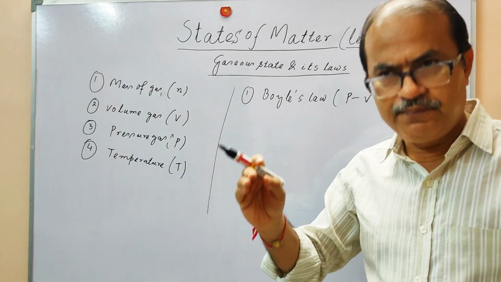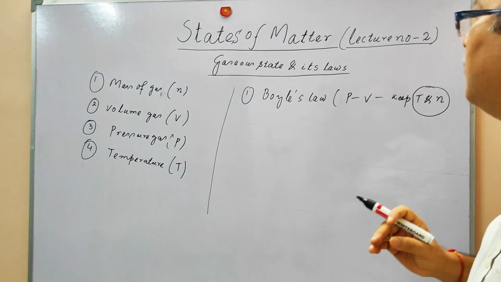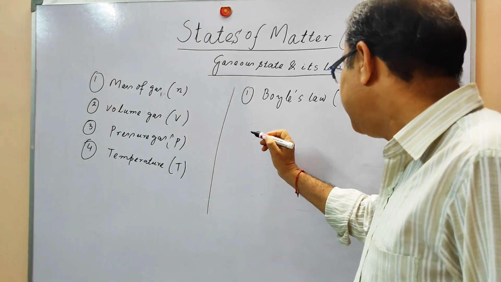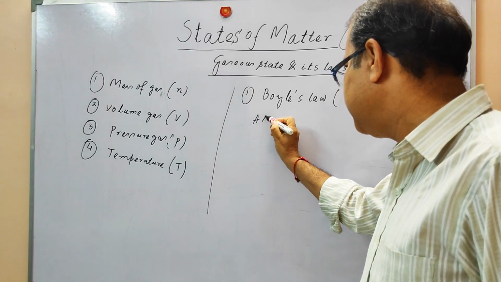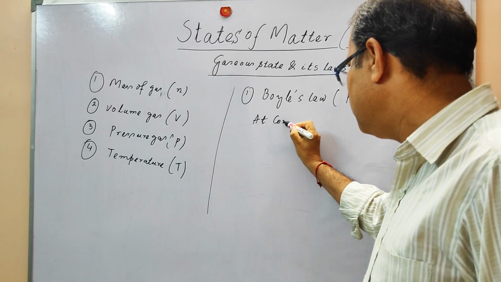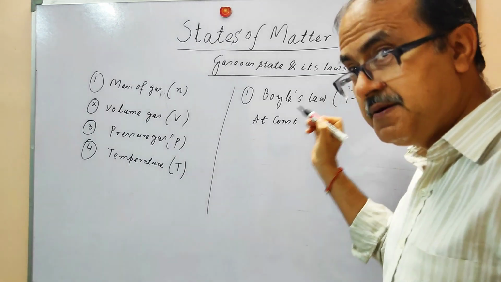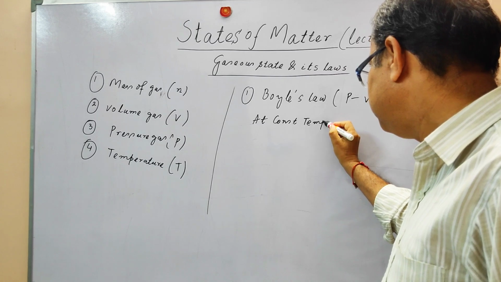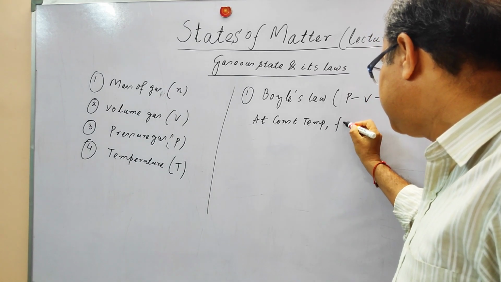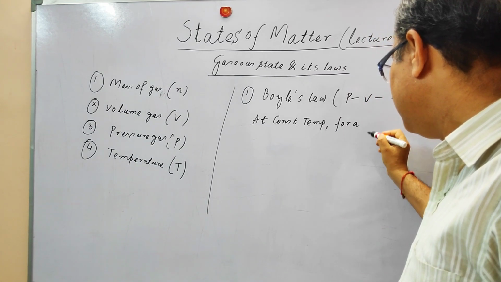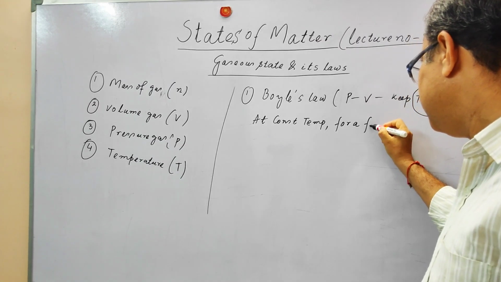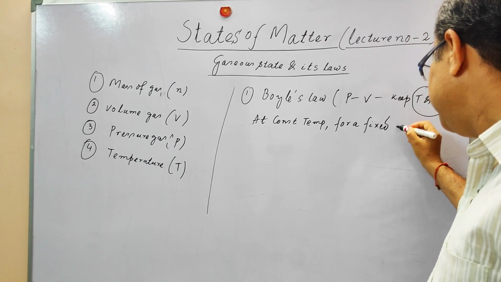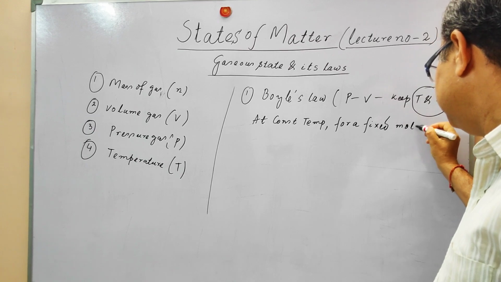After making a lot of experiments, Boyle gave his law like this. It states that at constant temperature and for a fixed number of moles of gas,